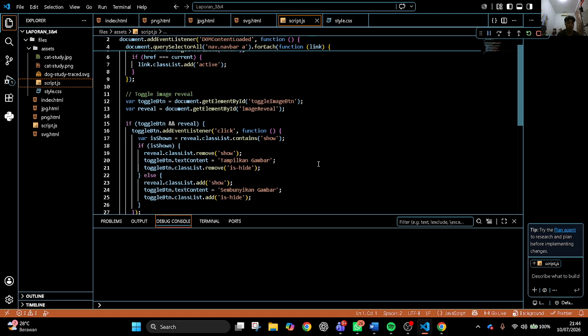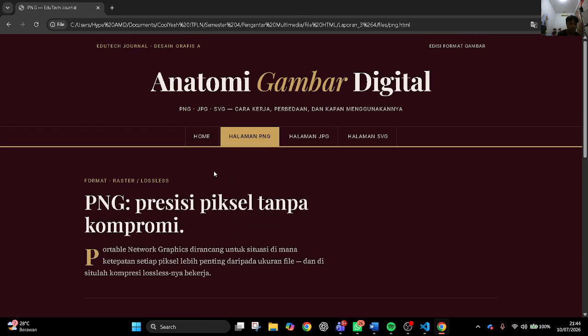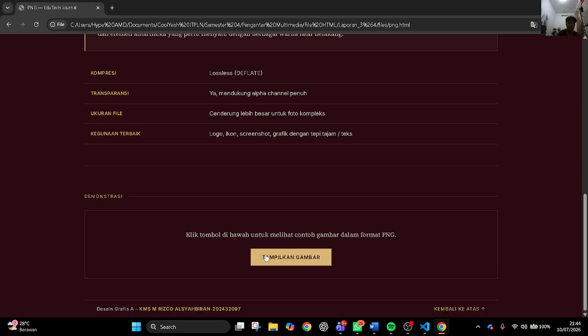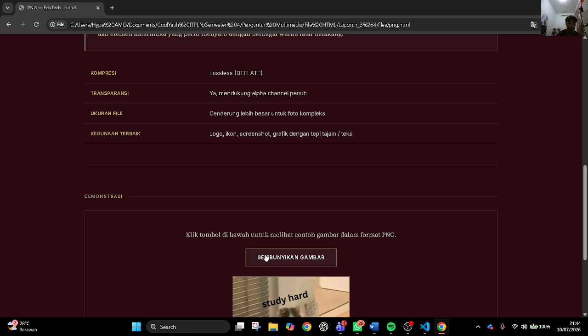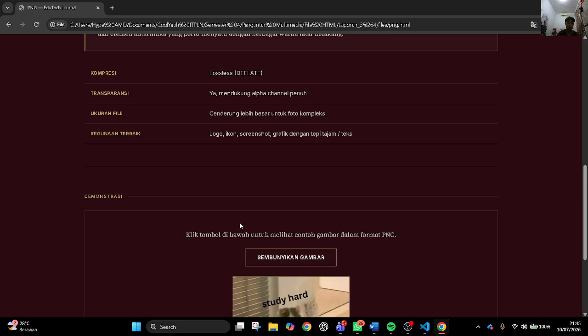If it's hidden, it adds the show class to reveal the image and changes the button text to "sembunyikan gambar," meaning hide image. If it's already visible, clicking again removes the class, hides the image, and resets the button text to "tampilkan gambar," meaning show image.